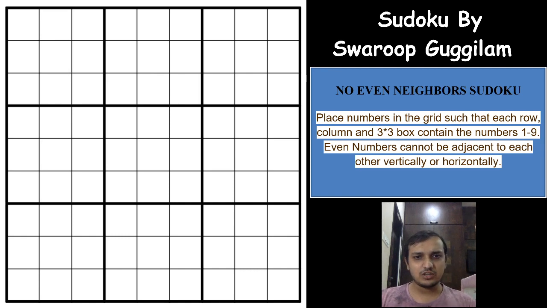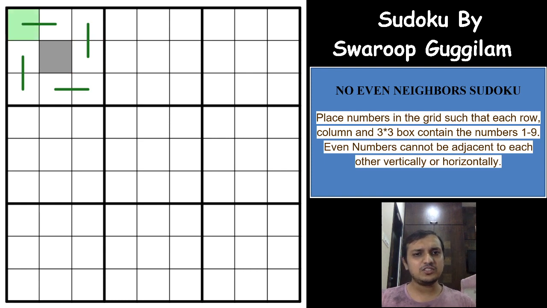So coming to this trick, what happens if any of these 4 cells are odd? We know that these cannot be odd, and what happens if one of these 4 cells is odd? According to the rule, we now know that these 8 cells will have 4 even digits, and one of these cells has to be even. In the same way, in all these domino cells you will have one even digit, and seeing that pattern, we can directly mark that this digit will not be even.